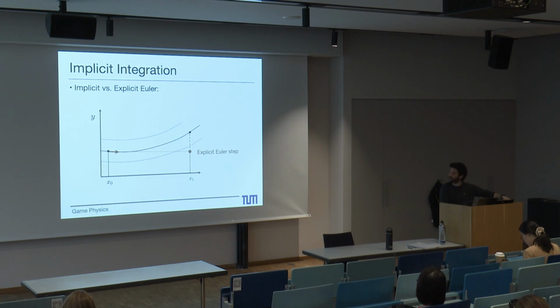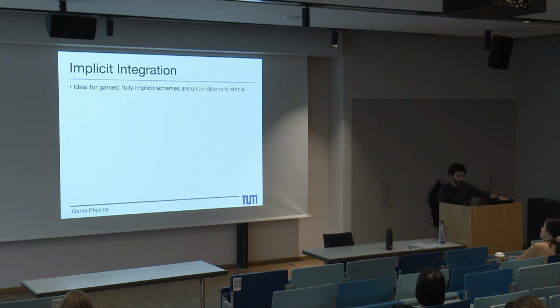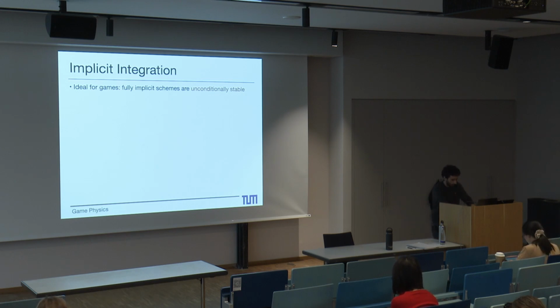So we stopped here at the implicit Euler step and see how it was behaving. Now, essentially, why would one use this in games? The answer is related to what you were discussing before, which is essentially the stability of this system. Fully implicit schemes are unconditionally stable, which means that whatever the size of the step that I'm taking, I'm still getting the same stability, which means that my solution will not diverge to infinity, which is already a good